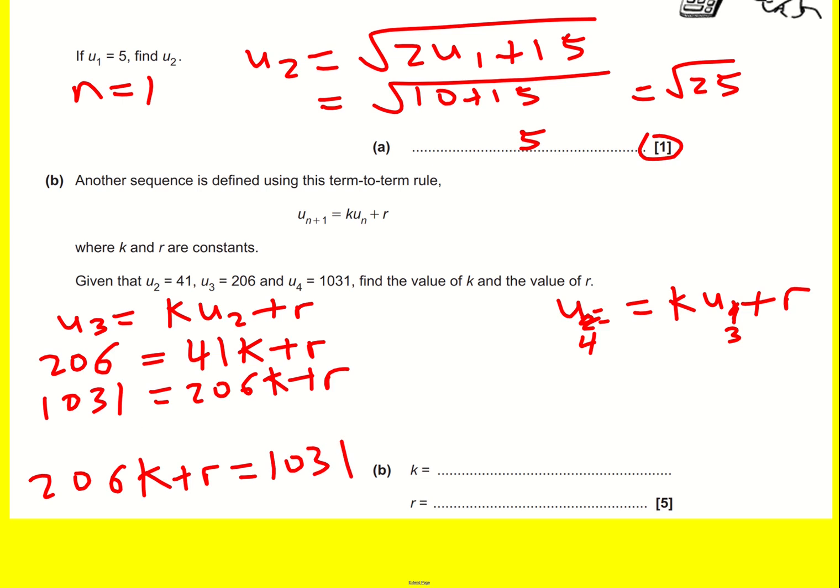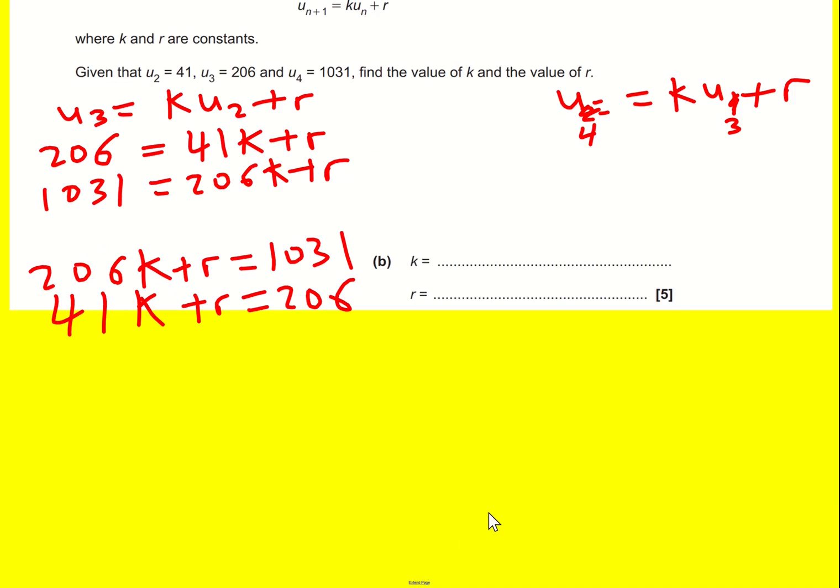So I've written this one, but I've just swapped it around and written it at the top, and I'm going to do the same for the other one. Just swap it around and write it below. The reason I've done that is that now they're in this normal format, and secondly, the larger numbers are on the top, so I'm not going to get any negatives. And now I've got r is the same throughout, so I can subtract the left-hand sides, and I can subtract the right-hand sides. These will cancel, and I'll be left with 206 minus 41, which is